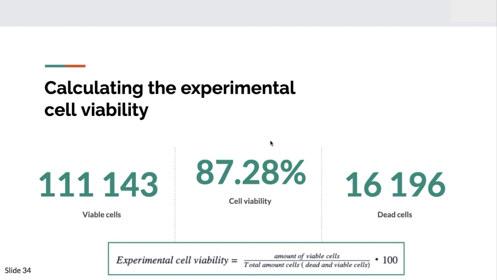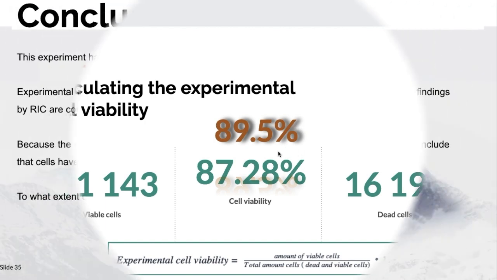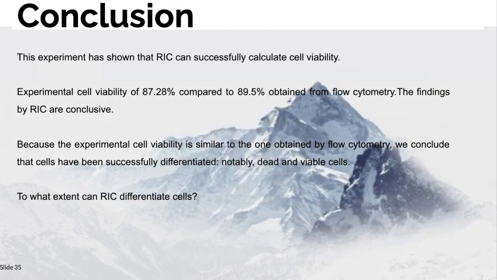And interestingly, if we compare it to flow cytometry, which is the gold standard, a very reliable and proven technology, it gives us 89%. So really, these results are close. Right. So finally, we can conclude that using RIC, cell viability has been successfully calculated, because 87% is really close to 89%, which was obtained by flow cytometry. And because these results are very close, we can also conclude that the cells have been successfully differentiated, notably dead